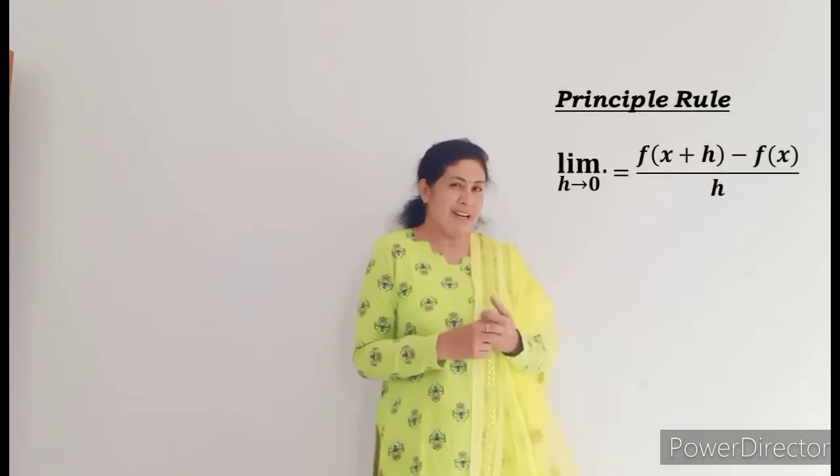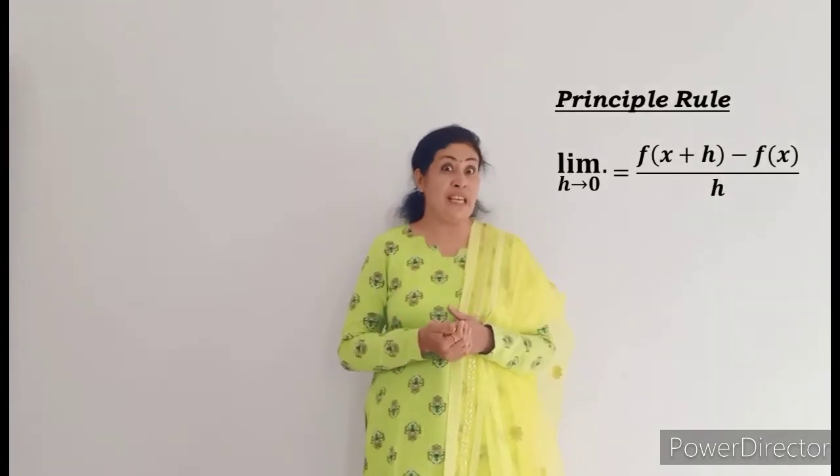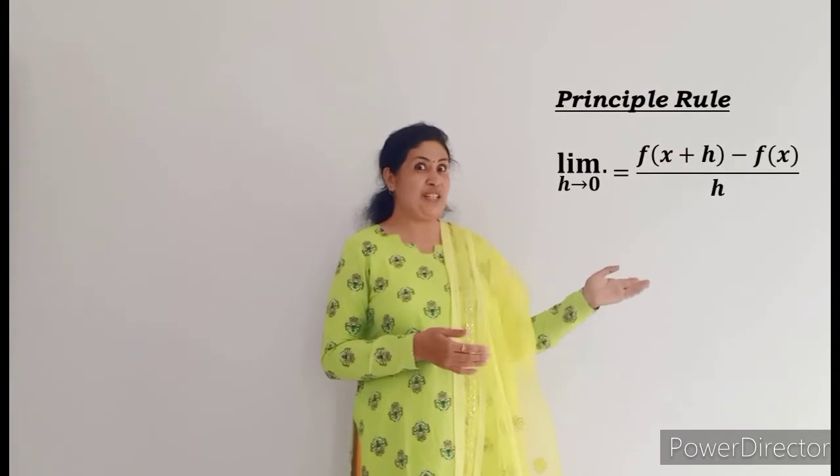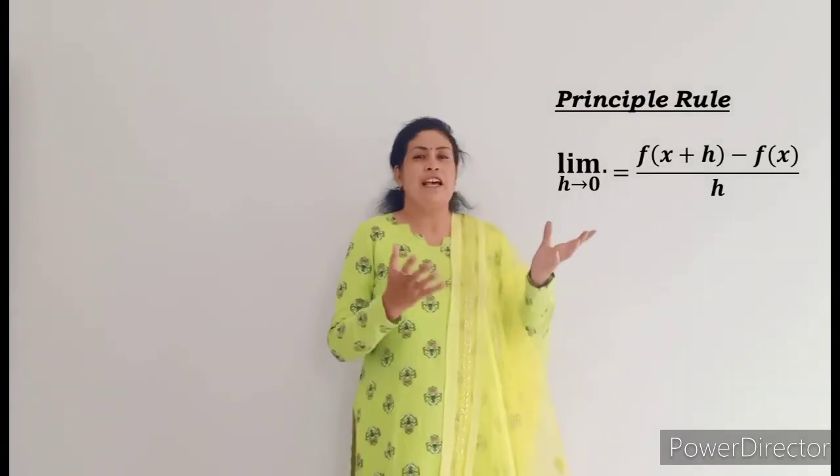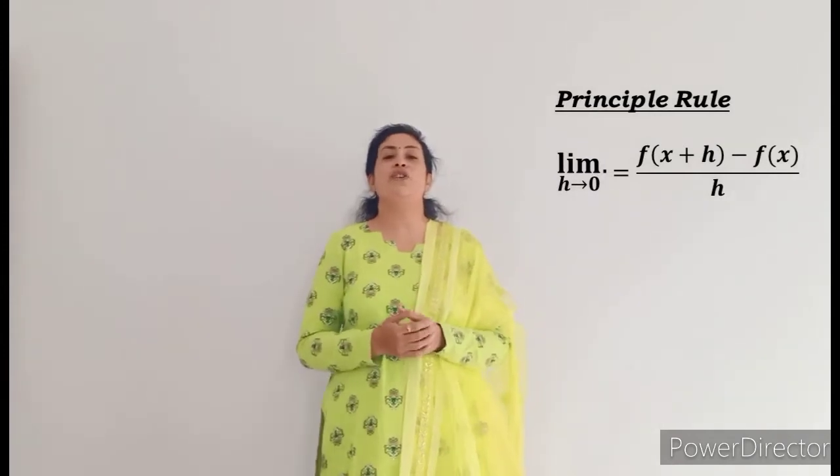In this module, we are going to see class 12 Mathematics Part 2 chapter Differentiation. Well, this differentiation chapter you have already been introduced to in your previous class, that is class 11. But in class 11th, to solve any function, you have used only one rule, the first principle rule. I hope you remember limit h tends to 0, f of x plus h minus f of x upon h. These things you have already studied in your previous class.